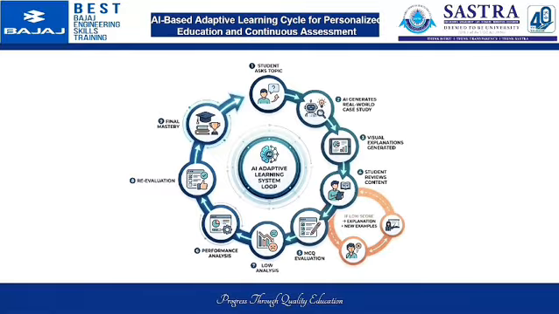Our system follows a continuous learning loop. First, the student enters a topic. The AI generates a real-world case study. Next, the system provides visual explanations to simplify the concept. Students then complete MCQ-based evaluation. The AI analyzes the performance. If gaps are detected, the system provides additional explanations and new examples. Then the student is re-evaluated. This adaptive cycle ensures that every student learns at their own pace.